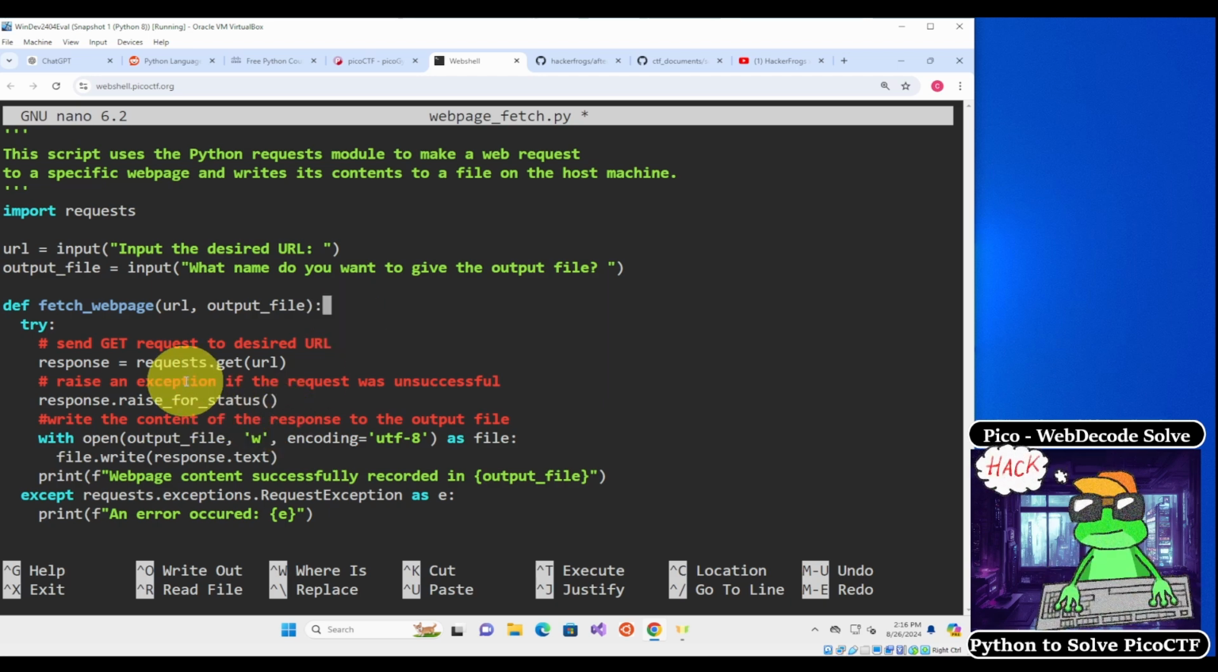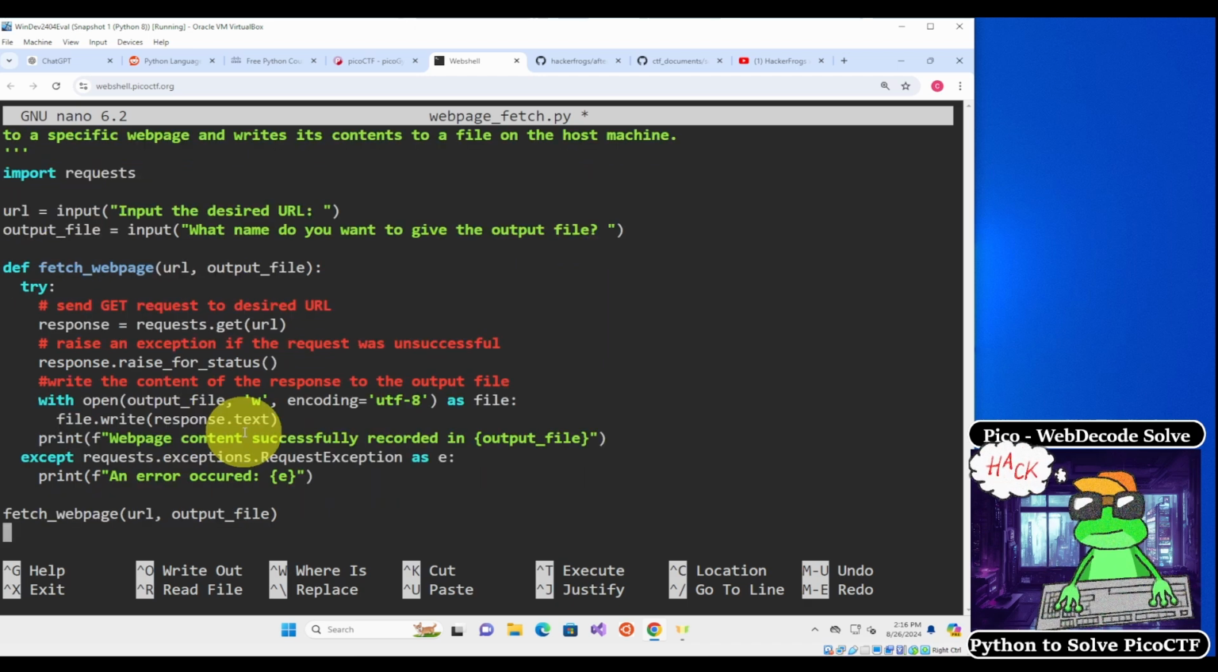And then over here, we're creating a function, and the function is called fetch webpage. So fetch webpage takes two arguments, which are both the URL variable and the output file variable, which are outlined up here. So what it's going to do is